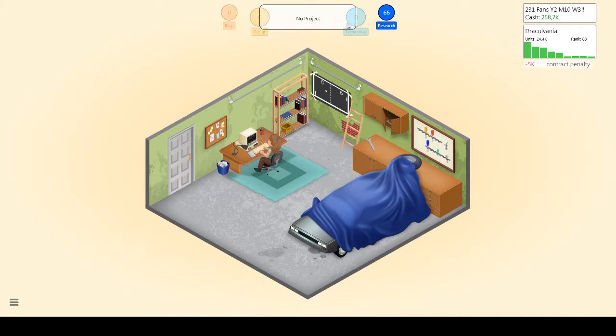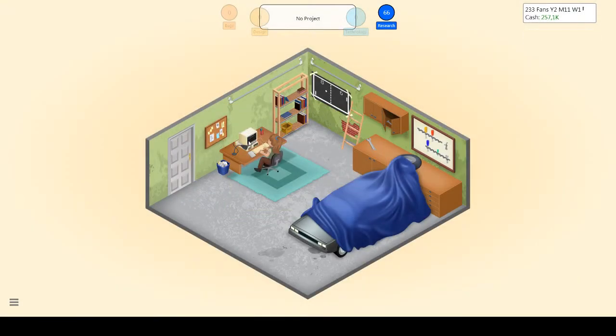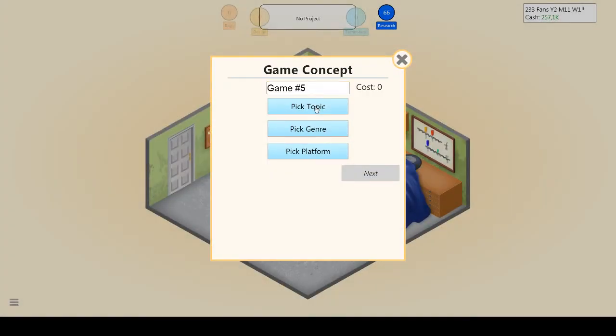Okay, the point was here, and the timer ran out. It just needed like one more frame. Well, we already made 250,000 somehow. And given that, we'll make a new game,